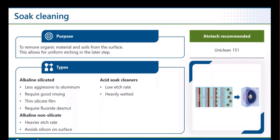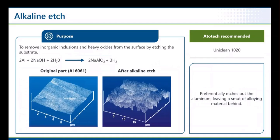So then on the next slide, we look at the second step of our pre-treatment sequence, which is the etching step. This is a very important step because the soak cleaner has already done its job by removing the contaminants which were directly on the surface, but the soak cleaner will not be able to remove any oxides from the surface or any embedded material in the surface. So during this step,